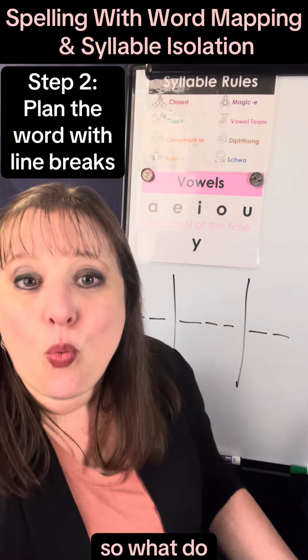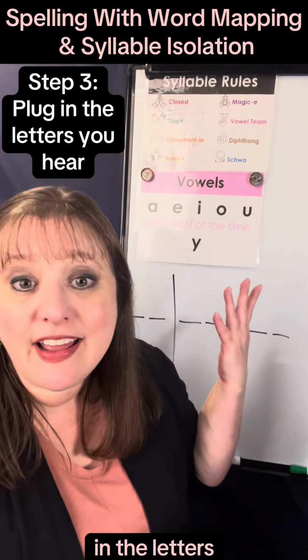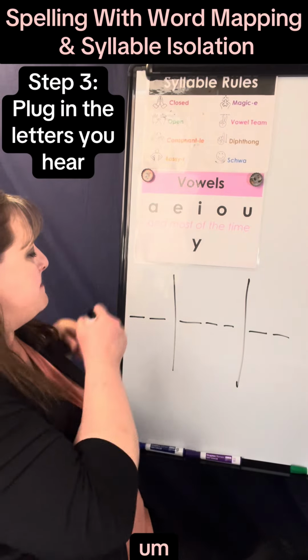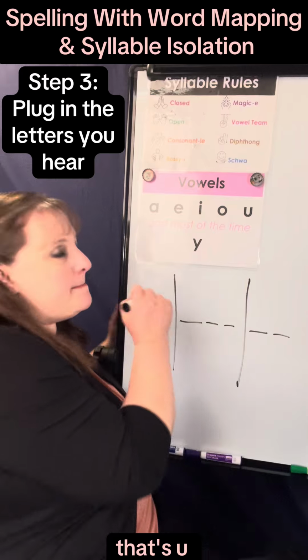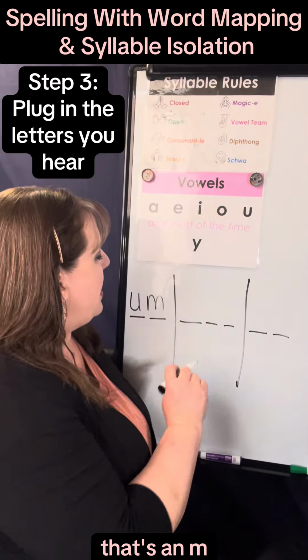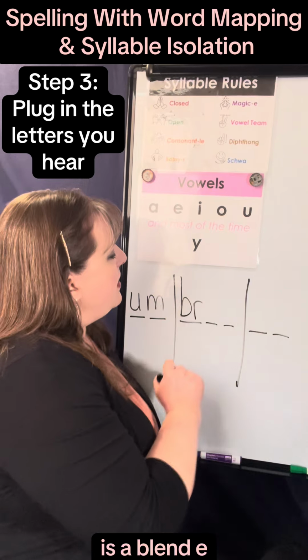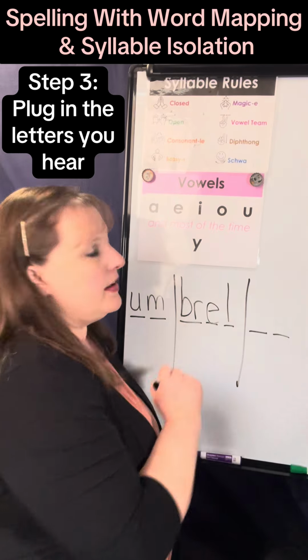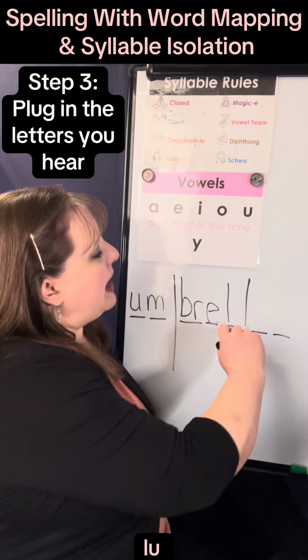Okay, so what do we do next? Well, we just plug in the letters that we know. That's U. Is closed lips, so I know that's an M. Brr is a blend. Umbrella. Now